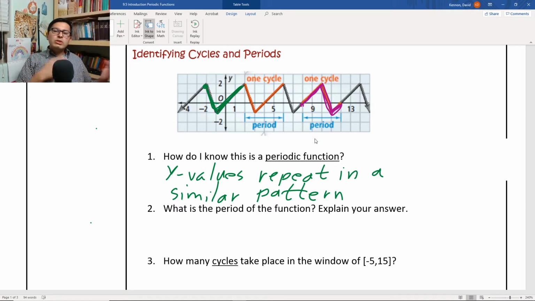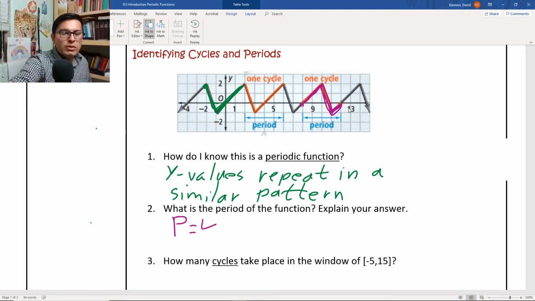Well, wherever we start, we can finish the cycle as long as we're at a similar y coordinate. So this, in fact, would be a cycle, and if you look, the distance here is still 4. We start here and we go 1, 2, 3, 4. So no matter where our cycle is, if it is a true cycle, the period is going to be the same no matter what. So we're going to say that our period, we'll just label it